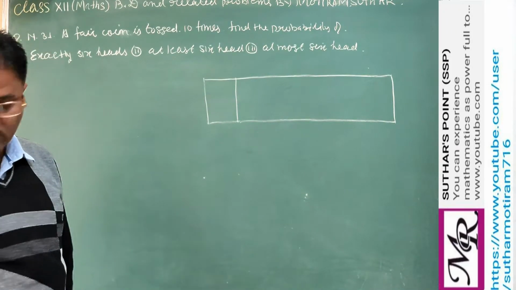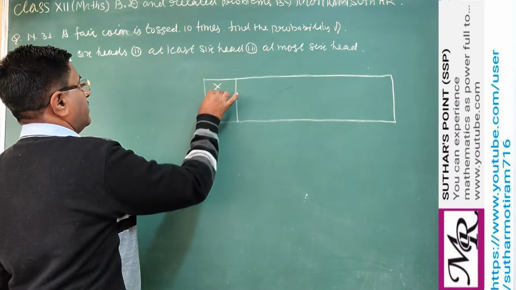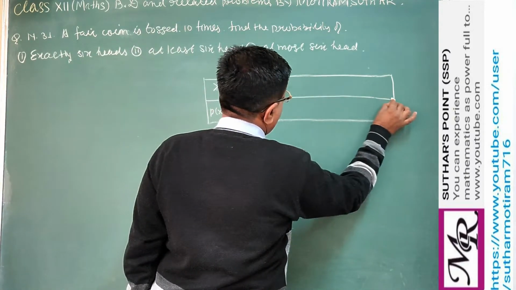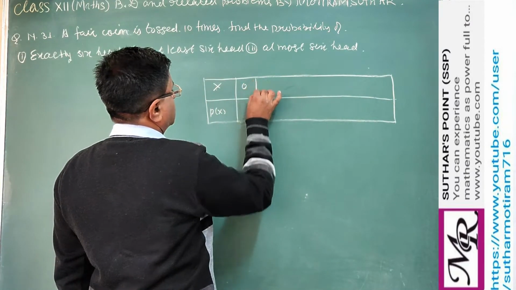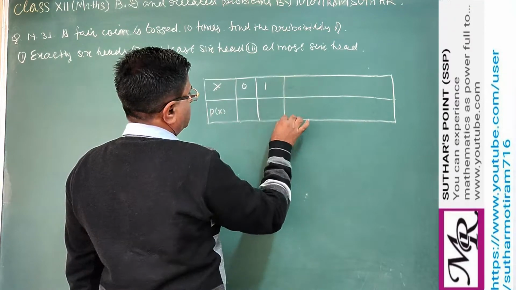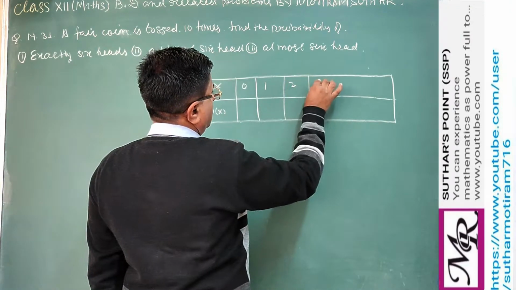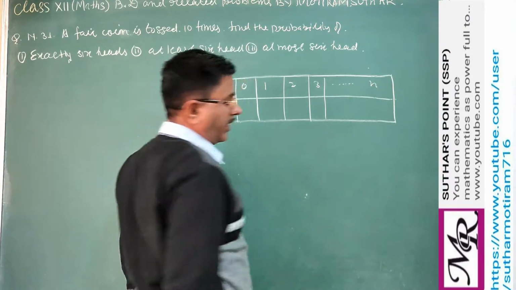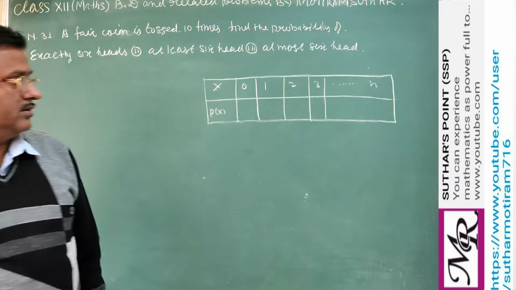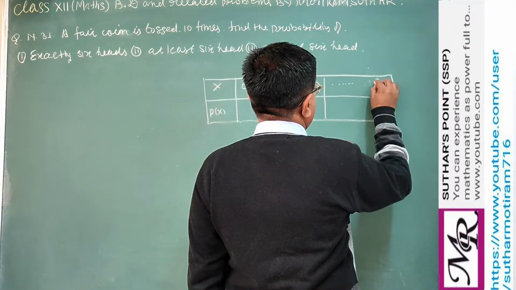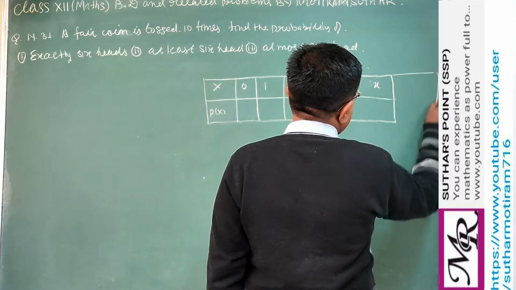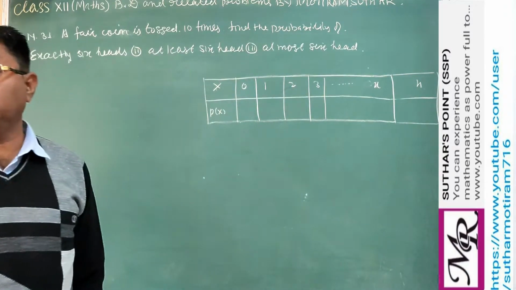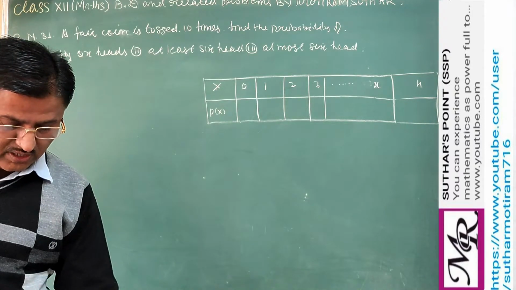Like we can take x as a random variable, with its corresponding probability. So we take the values of x as 0, 1, 2 or 3, and in this way the last is n. Clear? And before that we may say x, and the last we can say n, like this. So for each, how do we use the binomial term?